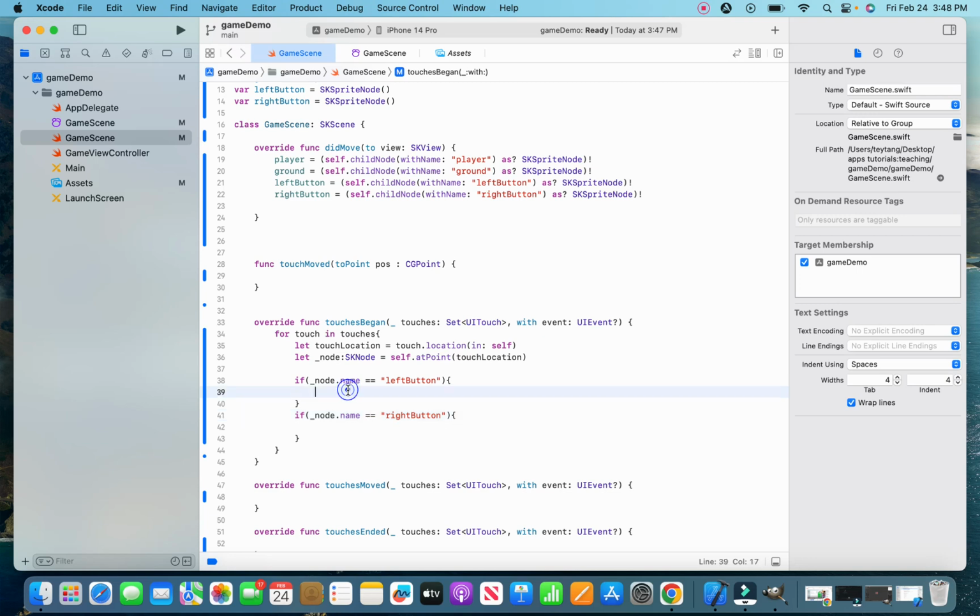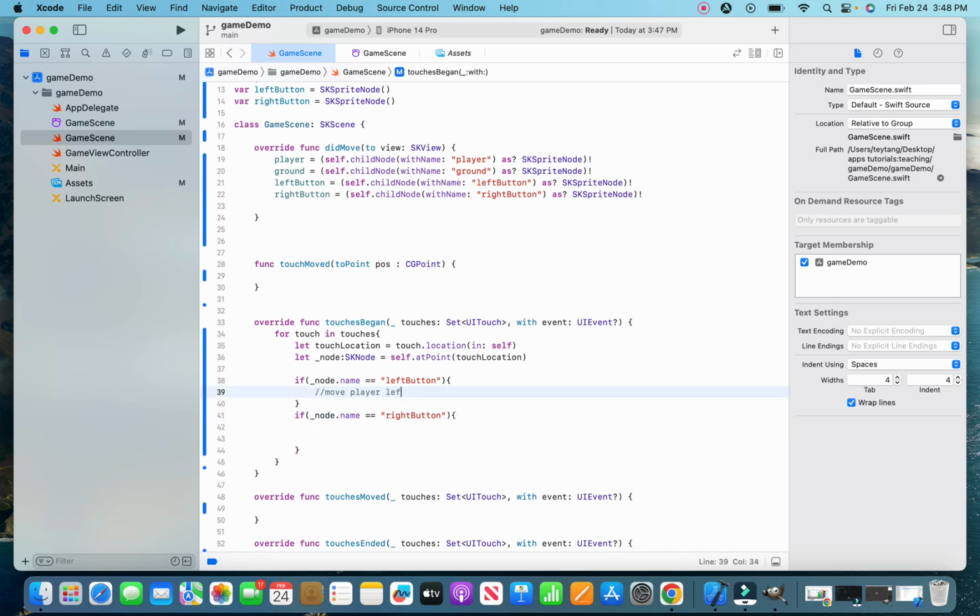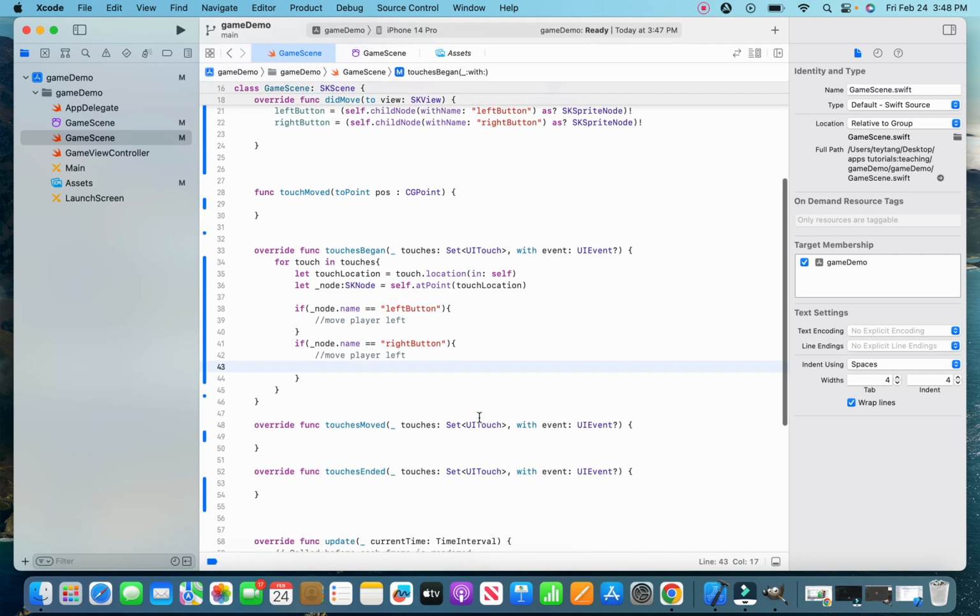Maybe move player right, right? We'll just do a comment. And here, left, and here we'll do left. So that's how you make your control. So in this case, since our control doesn't do anything yet, I like to also